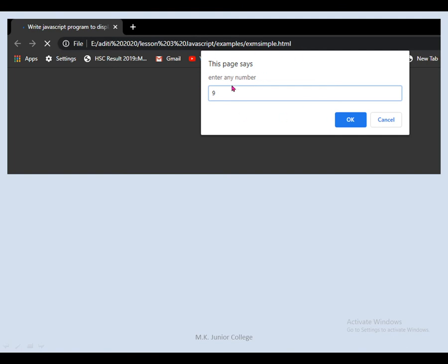As I am using a prompt, आपने बोला था please enter any number, A is equal to, enter any number. So this way you will get the output of that prompt command जो आपने prompt use किया था. This is the text box, ये आपका text box आ गया, and in the text box you are adding 9, which is a number, and I want to consider it as a number only. So you are adding 9 as your number and then clicking on OK.